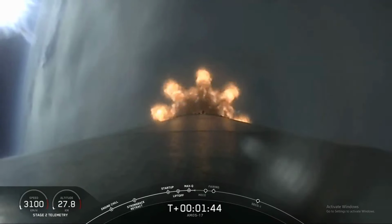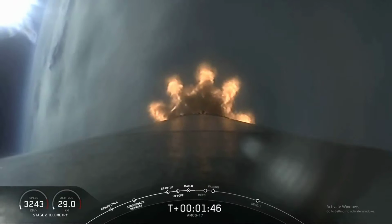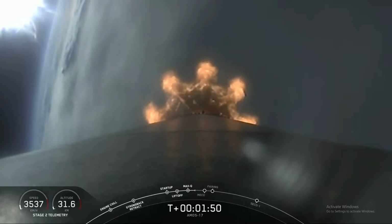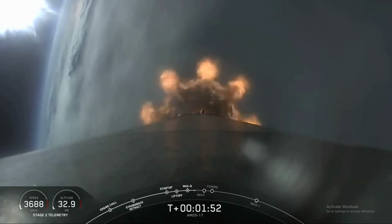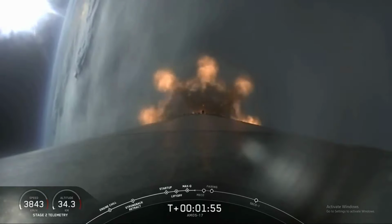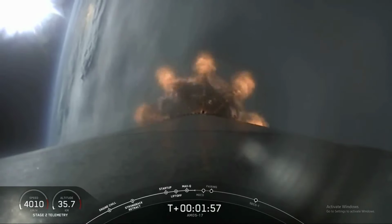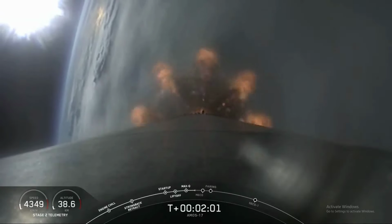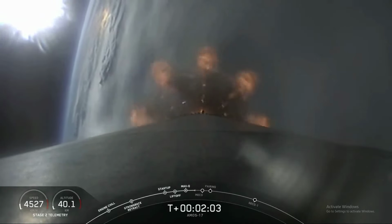Nice view from the onboard camera looking back at the plume slowly expanding as we leave the atmosphere. The plume will get larger as we get out to the vacuum of space. Now today, first stage shutdown is planned for about T plus 2 minutes, 45 seconds. We won't be recovering the first stage today, so that leaves more propellant to burn to achieve the required orbit